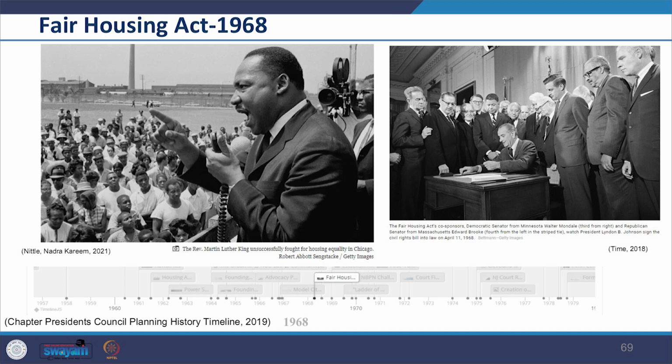Gender was added in 1974 and disability and family status in 1988. So, you can see in our initial lecture we talked about inclusivity, about people of different race, color, religion, orientation, and so on. So, we see how the act happened in 1968, and eventually in 1974 and 1988.